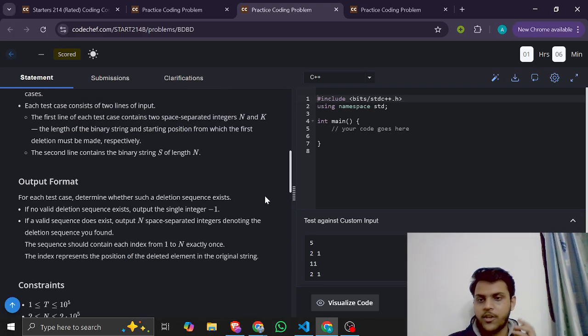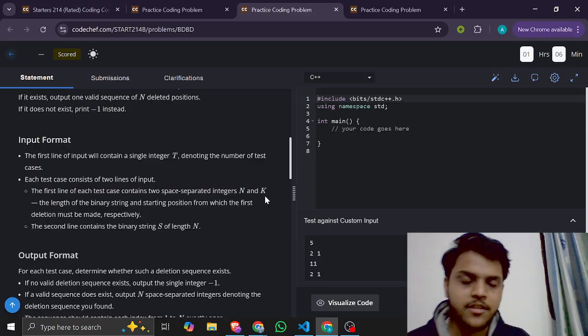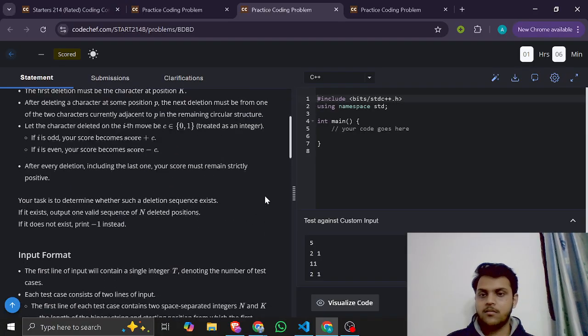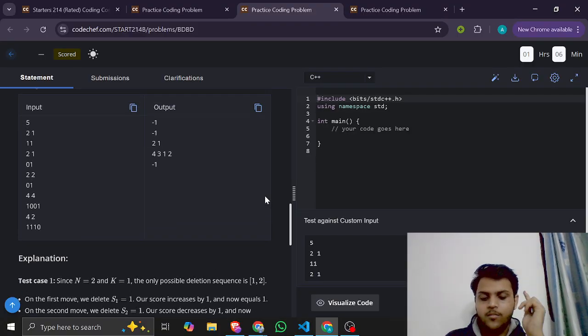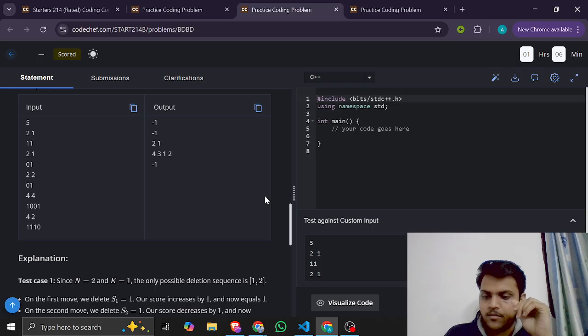Okay, shrinking does not happen, but the circular structure remains the same. So if I remove something,